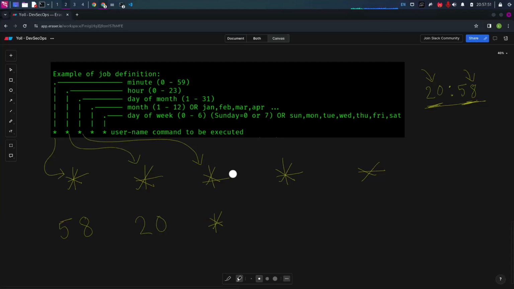Am I clear? Any day. Whenever I'm writing asterisk, it is saying any day. It does not matter what exactly that day is, right? So the